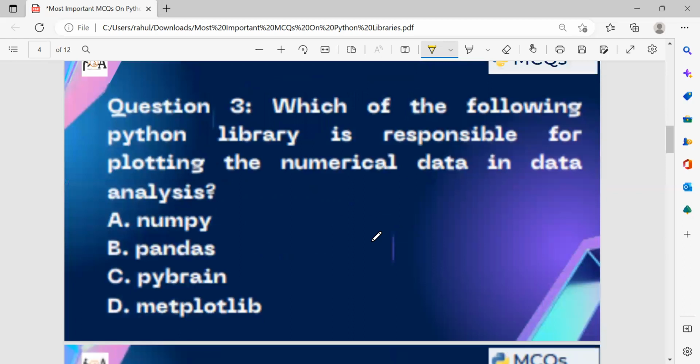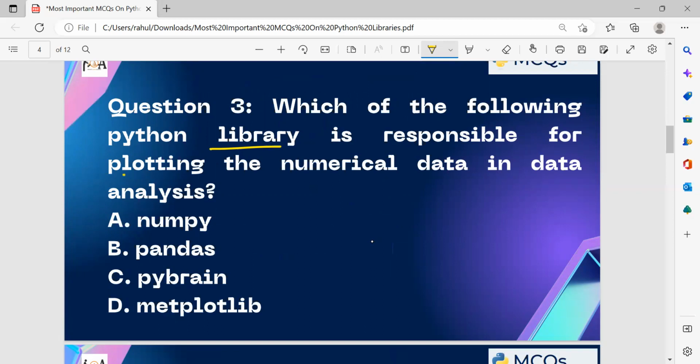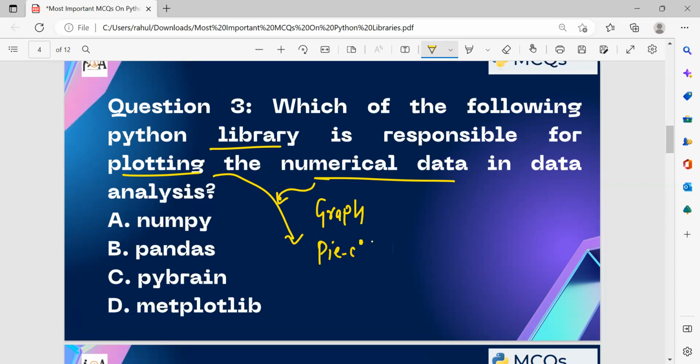Question number 3. Which of the following Python library is responsible for plotting the numerical data in data analysis? NumPy, pandas, pybrain, or matplotlib? So basically you want to plot the data. Which data? Numerical kind of data. Like any numerical data you can represent in the graph format, in the pie chart format.